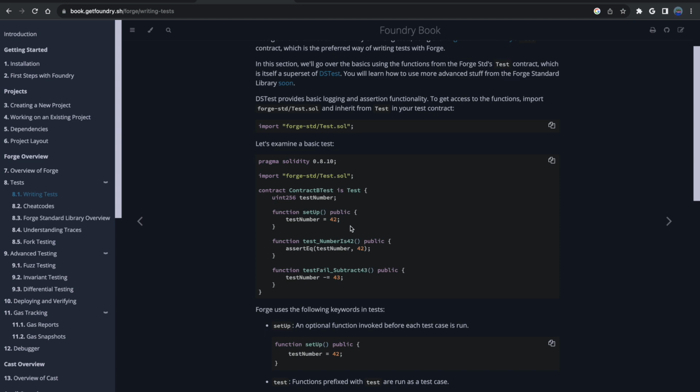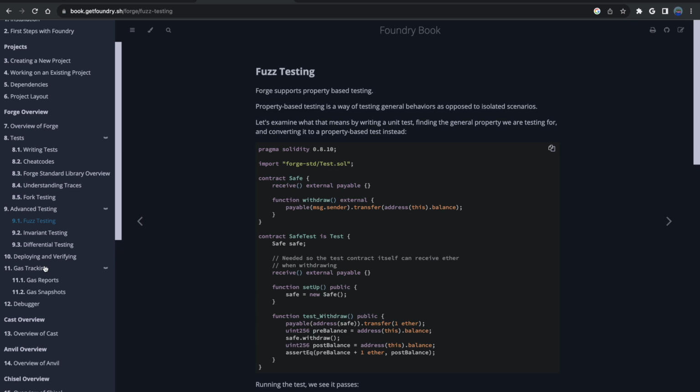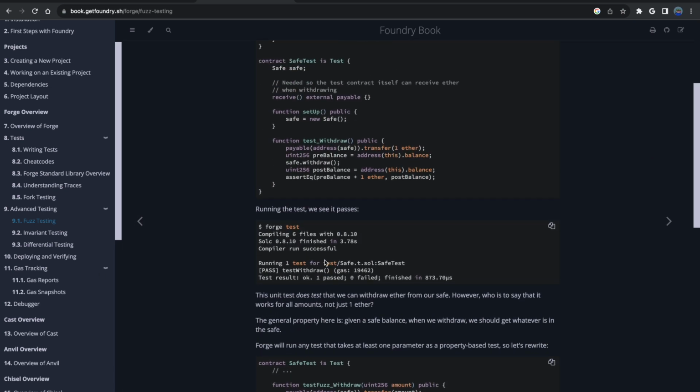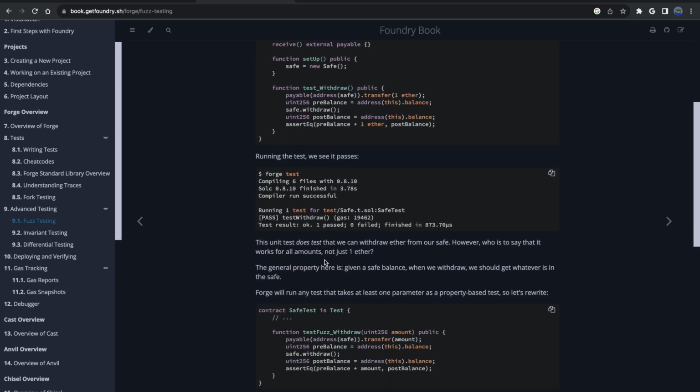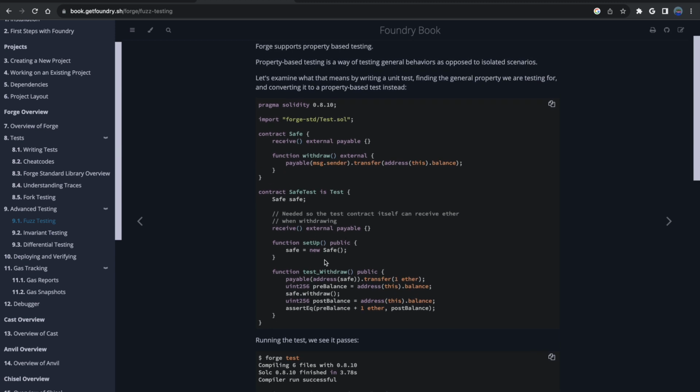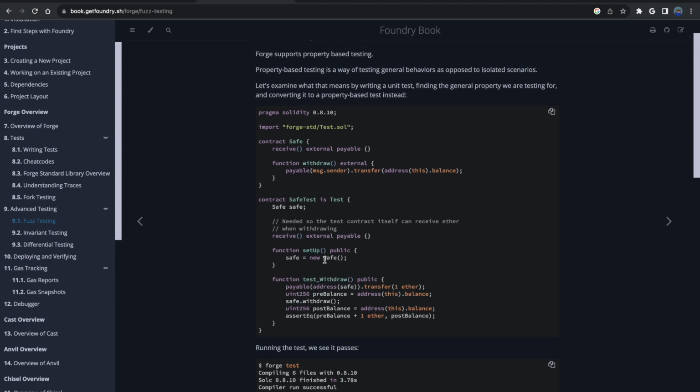It allows you to essentially write all of your tests, write all of your scripts all in Solidity. So this is the cool thing about Foundry. Another interesting thing is that they have some advanced testing capabilities like fuzz testing and invariant testing. And so this is really cool. If you don't know what fuzz testing is, think of taking a bot that is able to send millions of parameters to a variable function. That's the best way I can explain it.